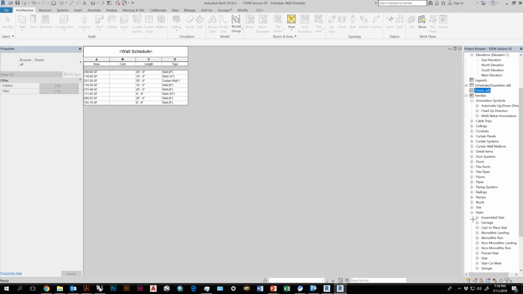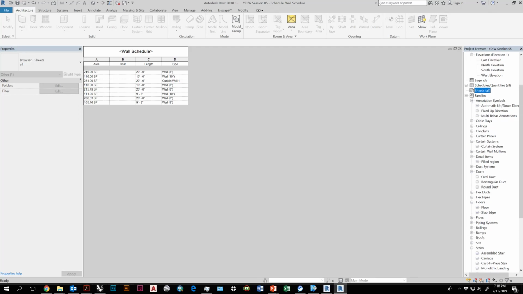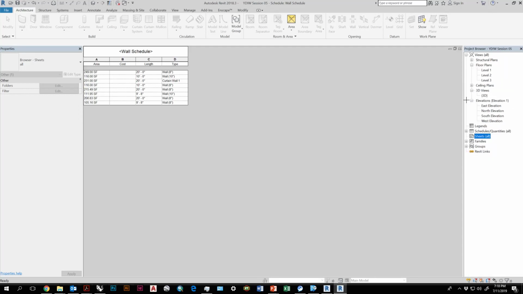Yeah, I'm missing a lot of settings here. Oh, I haven't even talked about stairs yet. Stairs are a whole other thing. Yeah, I'm missing quite a few families. I guess I should check that before I start. Okay. Alright.